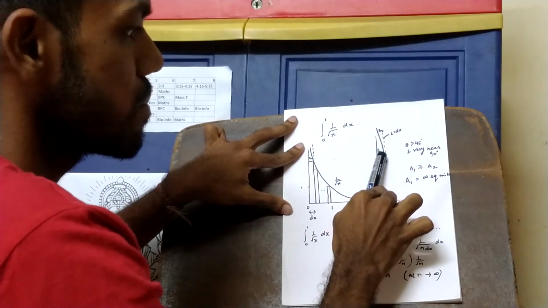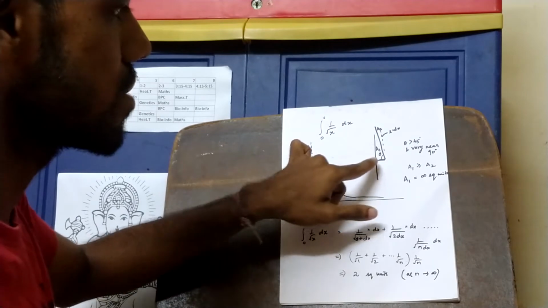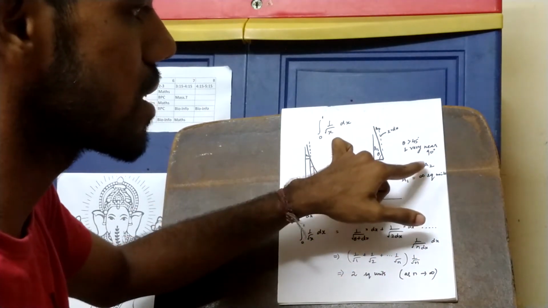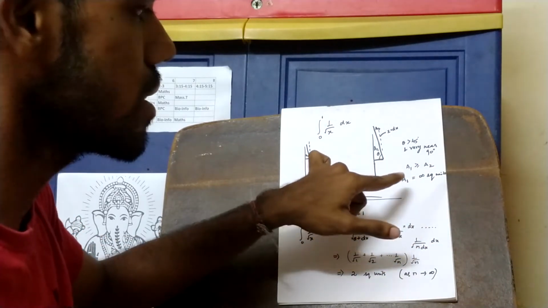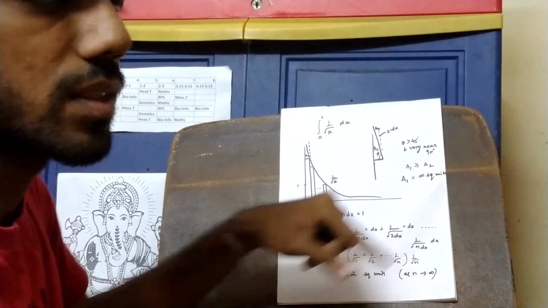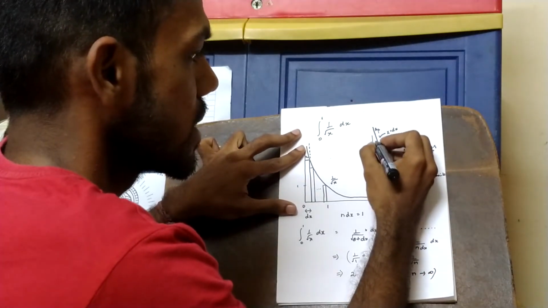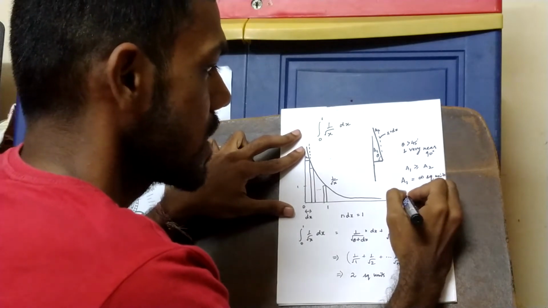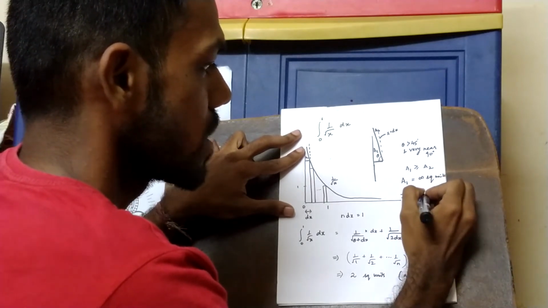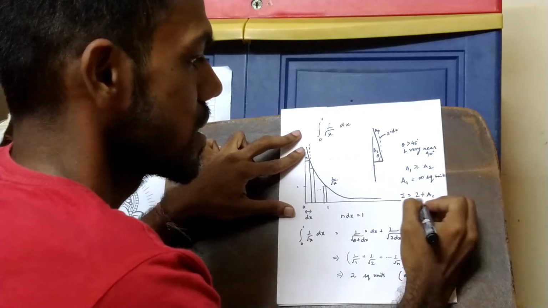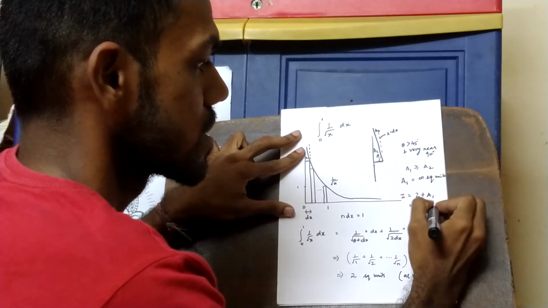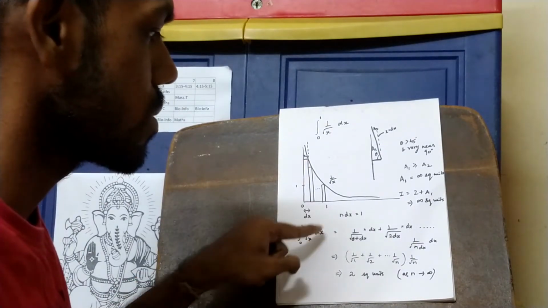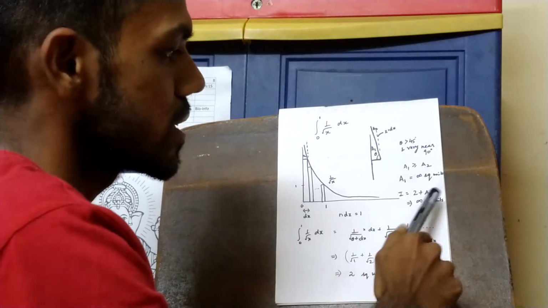Since the area above the first strip is infinite square units and area A1 is greater than or equal to area A2, area A1 must be infinite square units. When we include this area A1 under the graph in the previous integration, the integral becomes 2 plus A1, which implies infinite square units. Therefore, the integral of 0 to 1 of 1 by root x dx is equal to infinite square units.